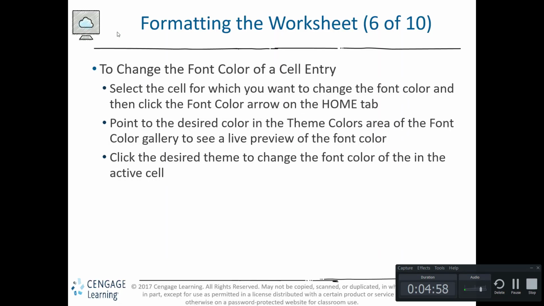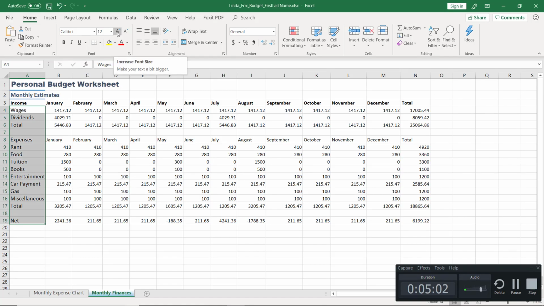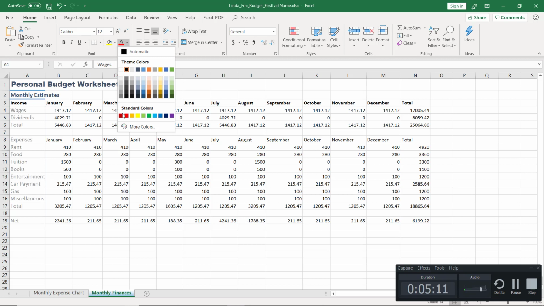I can also change the color to make things stand out differently. So perhaps again on that first column, instead of it being black, I want it to be red. I can just choose font color here, and I could choose one of the standard colors. I could choose one of these less common colors but allow different darknesses of shades of different colors, or I can even go as far as